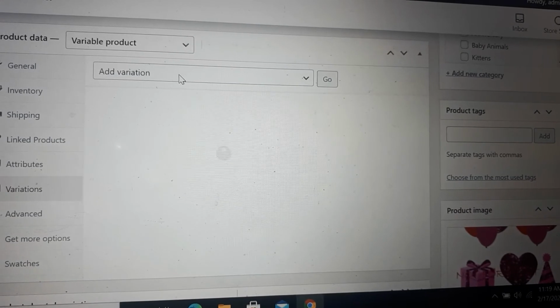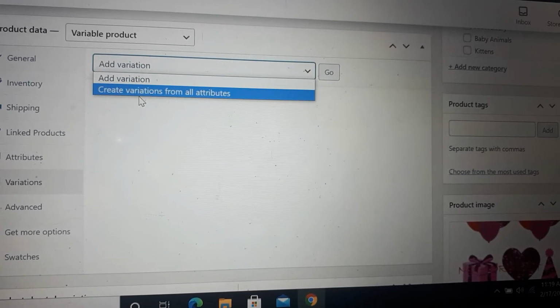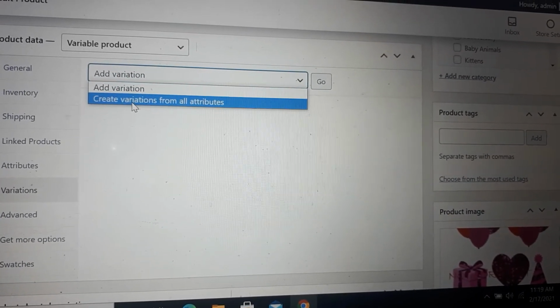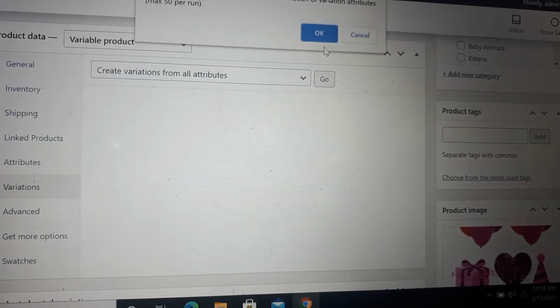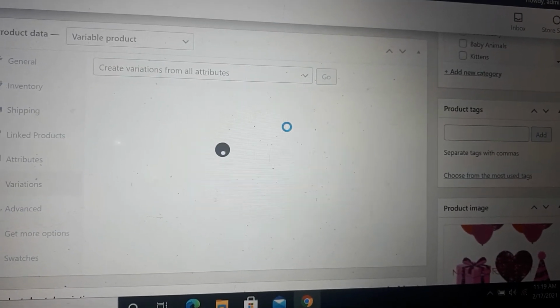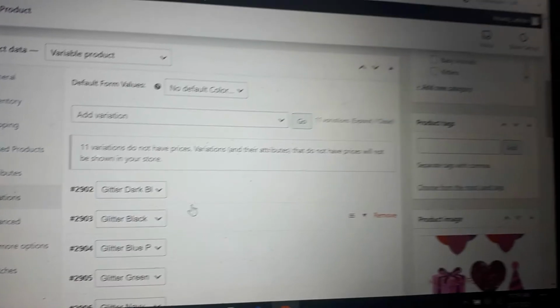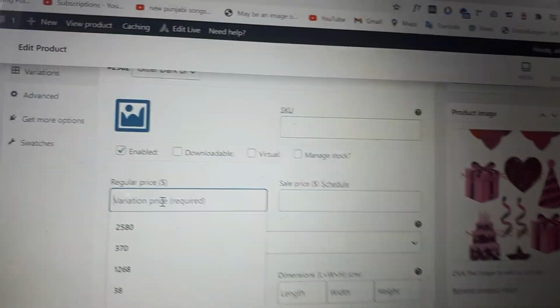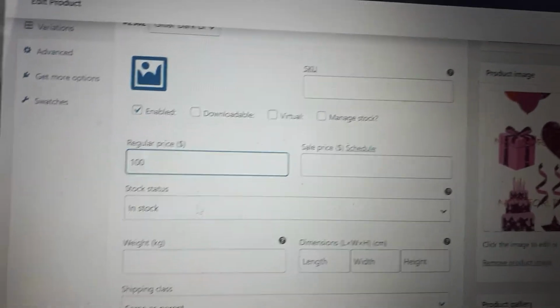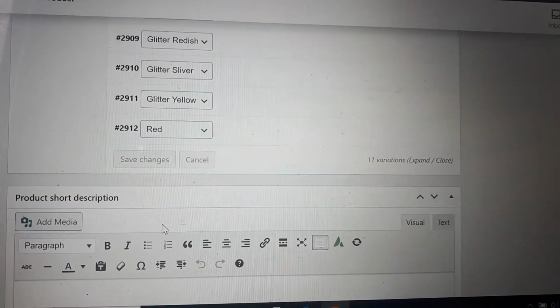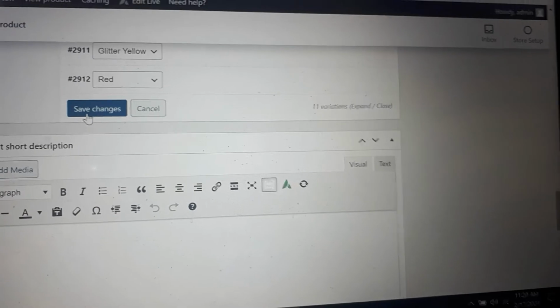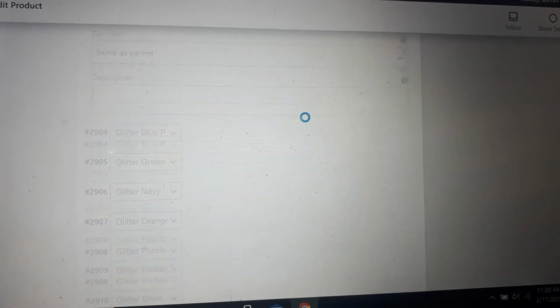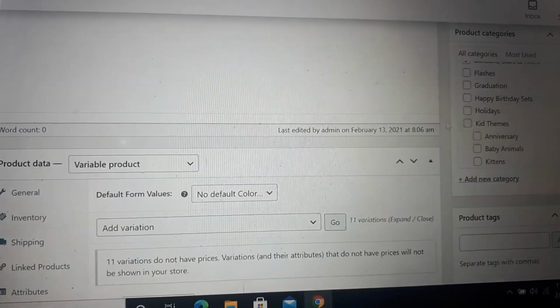Then we add all the variants using the product attributes. The product variants are created. You can add prices for all. After that you can save. After saving, you can update the product.